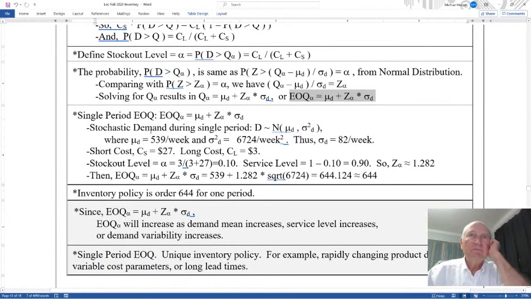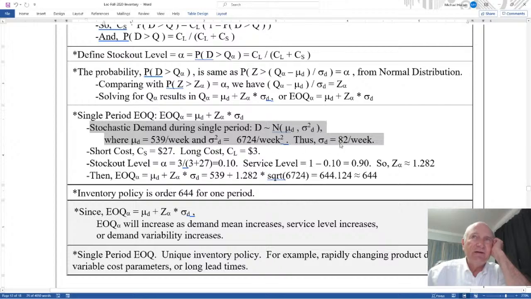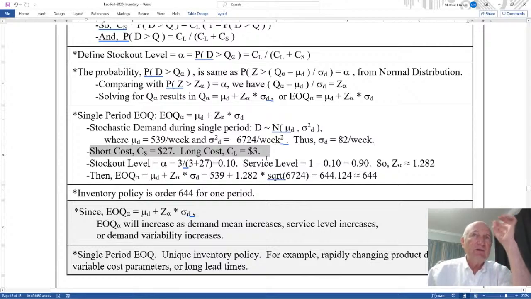Problem. Suppose stochastic demand, where the mean is 539, standard deviation is 82. Short cost is 27, long cost is 3. By the way, the short cost usually is much greater than the long cost. It's much costlier having stock out than having